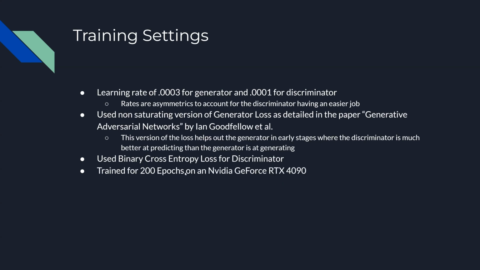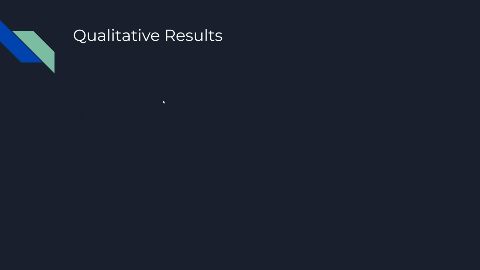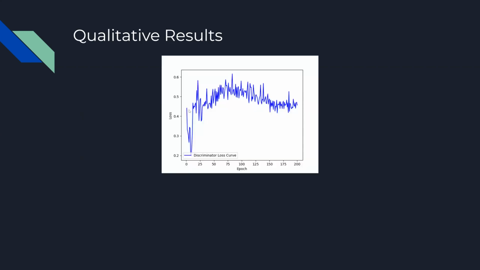I train it for 200 epochs on an NVIDIA GeForce RTX 4090. It takes around 20 minutes. And here are some results. First, here's the loss curve for the discriminator over 200 epochs. You can see here at the beginning,